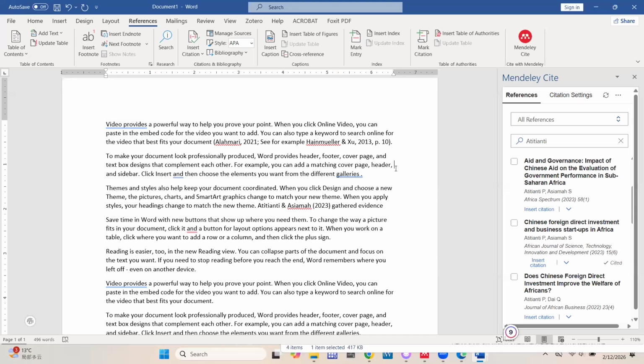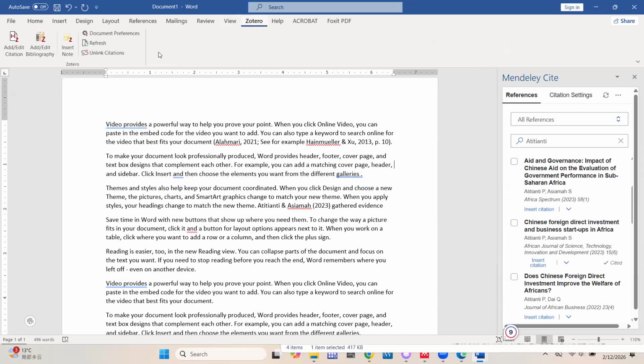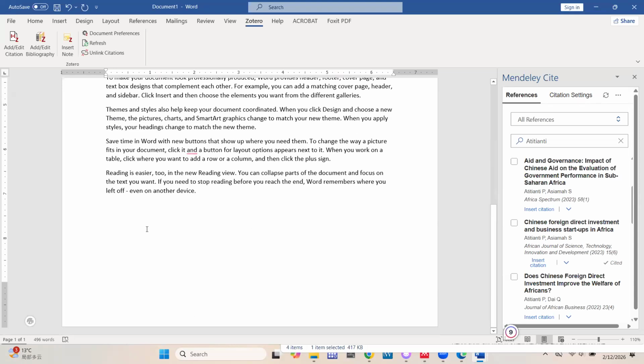You can use it, but that will make your work complicated. Because if you use maybe Zotero, for example, you realize I still have the Zotero tab here. So I can still use Zotero to do some citations on this page. However, I would run into problems when I want to insert my bibliography. Because now, after I've done everything, if I insert my bibliography using Zotero, Zotero would only insert the bibliography I use Zotero for.